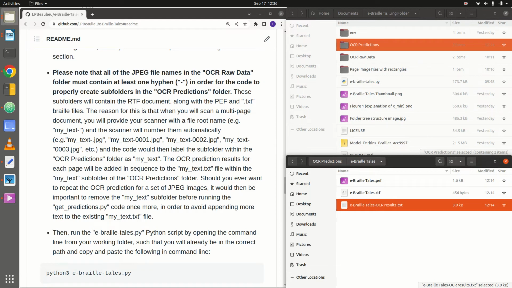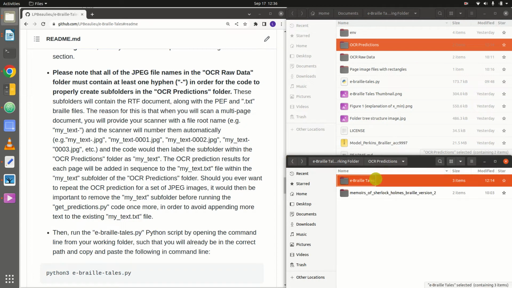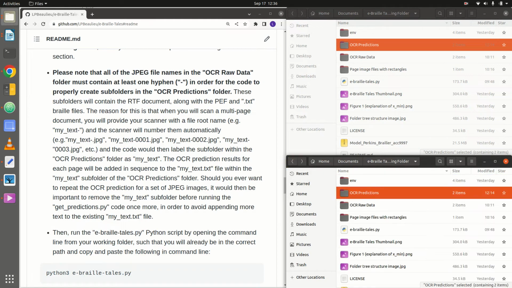Should you ever want to repeat the OCR prediction for a set of JPEG images, it would then be important to remove the mytext subfolder before running the e-Braille-tales.py code once more, in order to avoid appending more text to the existing mytext.txt file. In order to run the e-Braille-tales.py Python script, go to your working folder in the File